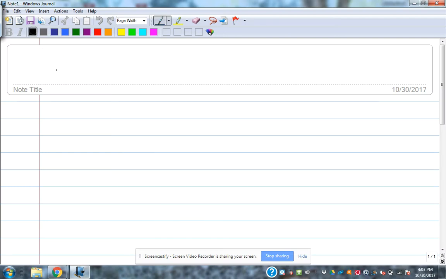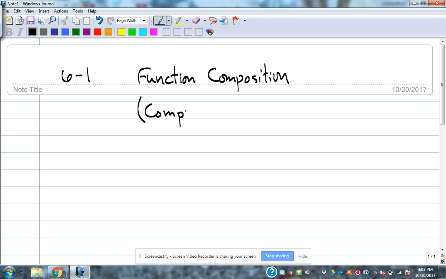Guys, here we go. Section 6.1, we're talking about function composition, or composite functions. Same thing. Function composition resulting in what's called composite functions. So with function composition, one of the things that we need to make sure we know how to do is